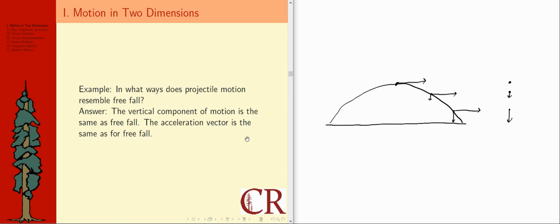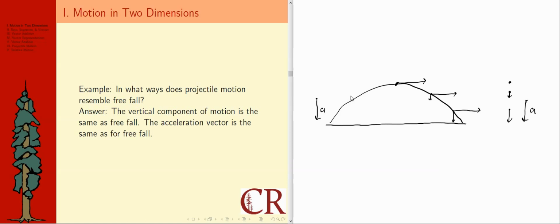What's amazing about this, going back to my picture, is if somebody asked what's the acceleration vector for this picture, if I drew it to the side, I don't know what scale this would be on, so the length doesn't mean very much here, I would say the acceleration for free fall is just an acceleration vector that points straight down. But if somebody asks what's the acceleration vector for this projectile motion, it turns out it's exactly the same thing. The only reason things look different is that if somebody threw this object, or however it was launched,